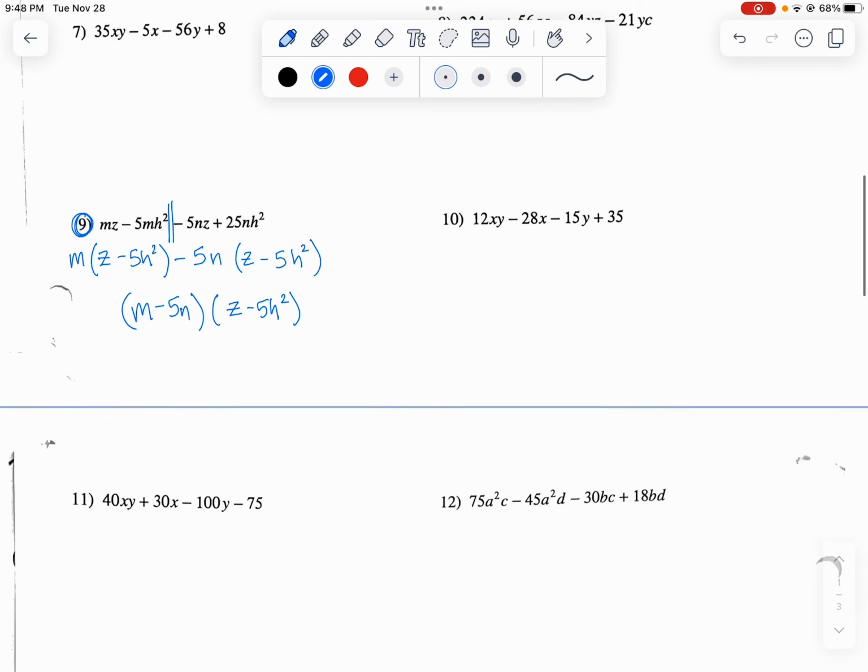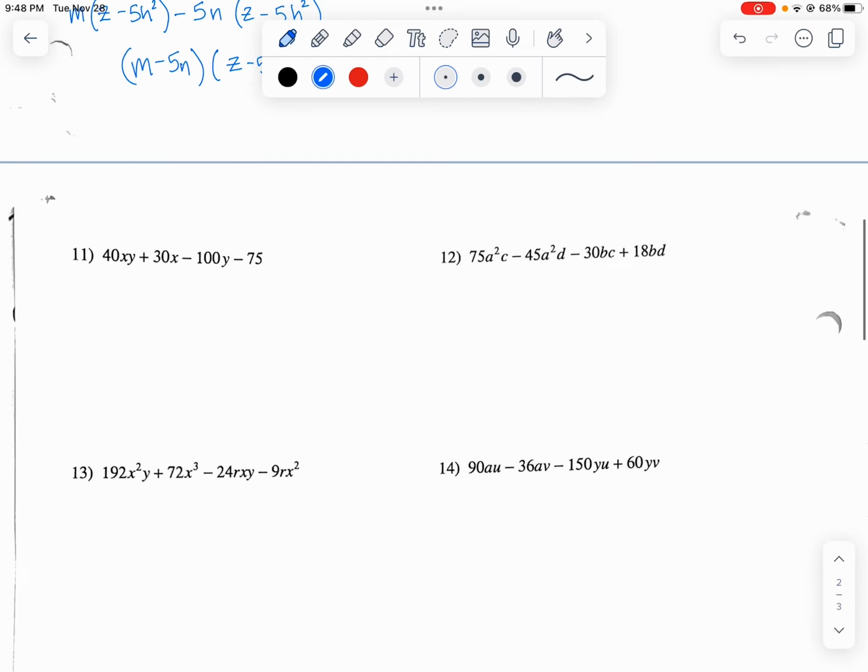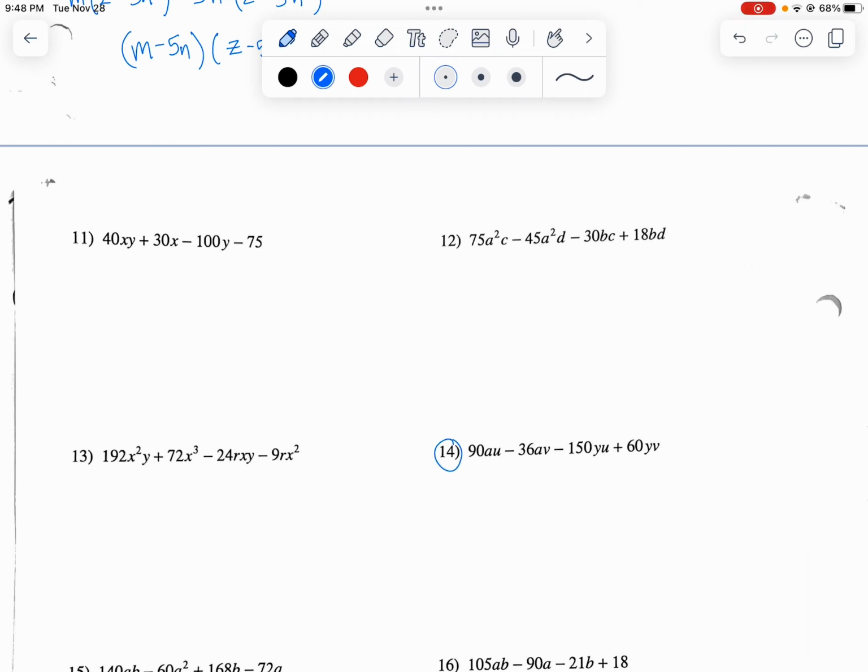Okay, scrolling down here, let's look at one that looks a little bit more complicated. Let's look at something like 14, where maybe I can take out a greatest common factor. It looks like 90, 36, 150, and 60 can definitely all be divided by 6. They can't be divided by 10. They can't all be divided by 15. So let's go with 6 on this one. Let's take out a 6. 6 goes into 90, that would be 15au minus 6av minus, let's see, 6 goes into 15 twice with